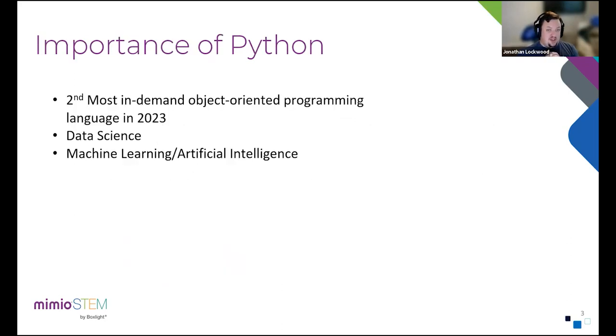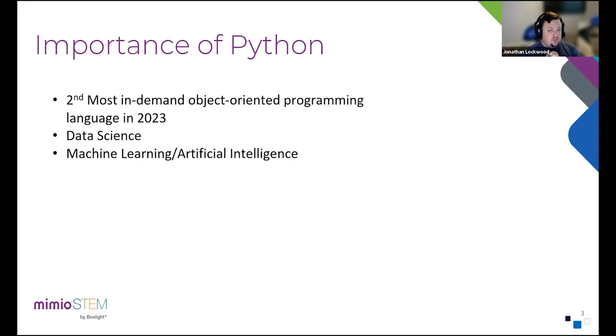So to reinforce that, just a few things about the importance of Python before we jump into how we're going to make this transition. As of August 2023, Python was the second most in-demand object-oriented programming language. So object-oriented essentially just means text-based programming languages. I think the most popular was JavaScript in 2023, but Python is rapidly taking over as the most popular programming